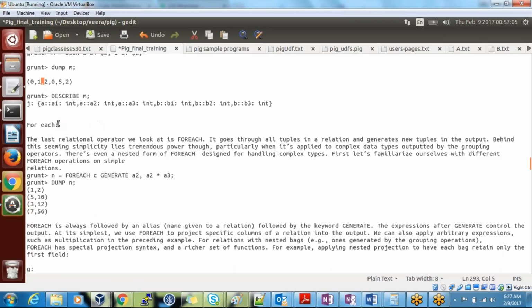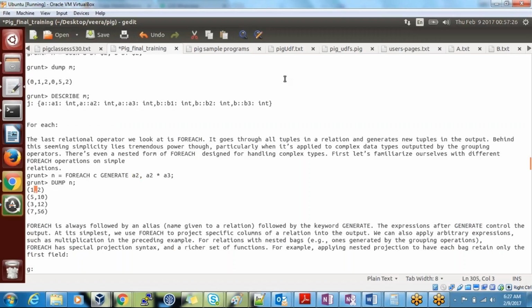We already saw foreach; for each column, you can do operations like this. FOREACH, generate A2 multiplied by A3. So whatever the value is in A2, you multiply it with A3. This A2 is the second column, and you multiply it with the third column.